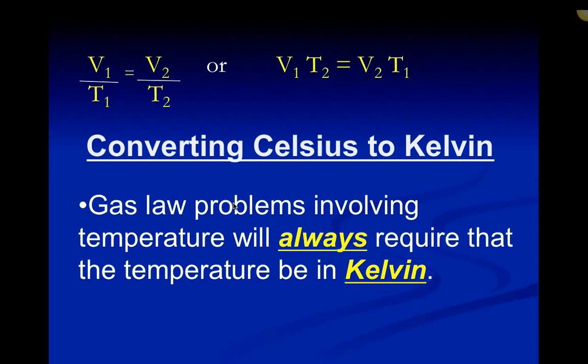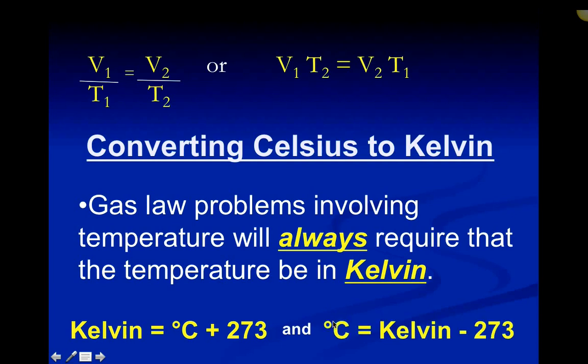We were talking about 0 Kelvin or absolute zero, which brings up the concept that in all gas law equations, anytime temperature is to be used in the equation, it has to be in Kelvin. So usually you're given Celsius, so in this case you would take your Celsius temperature that you're given and add 273 before putting it into the equation. Now sometimes they give you Celsius and they ask for Celsius. You still cannot use it. You have to change it into Kelvin, put it in the equation, and then you simply subtract 273 to get